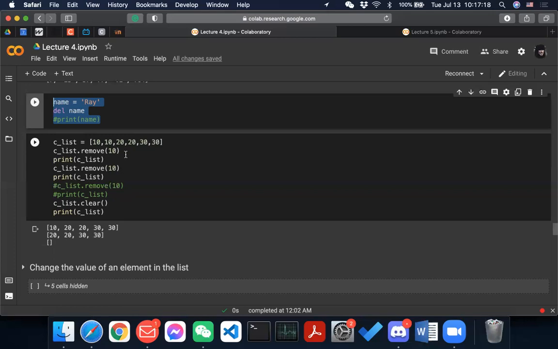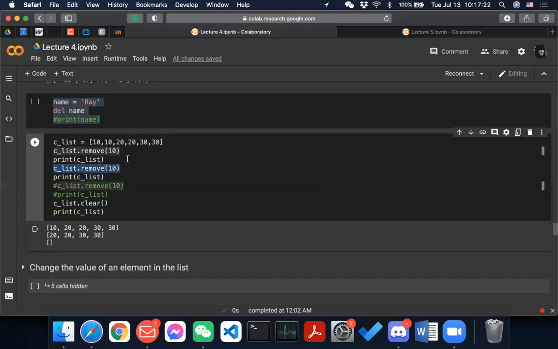So if you try to remove again, then it will remove both of the 10s. And if you don't have that in the list and you try to remove it, then it will give you a key error. Okay, so I don't know what you're removing. Whatever you're removing, it is not in the list. So go somewhere else. All right.